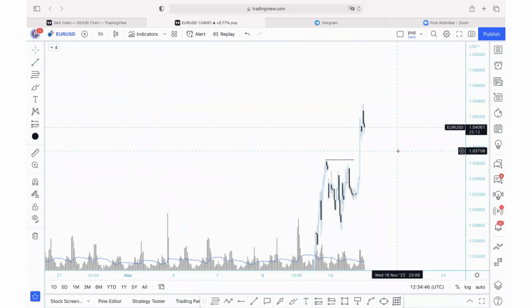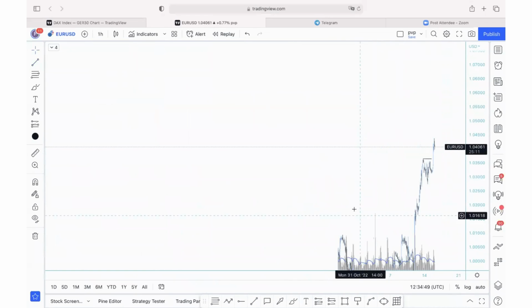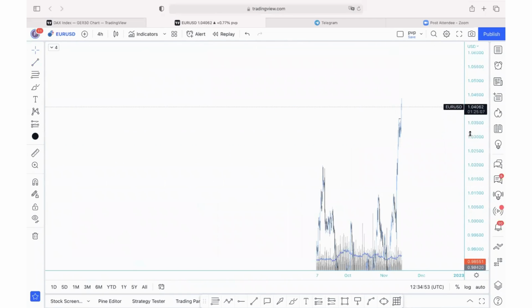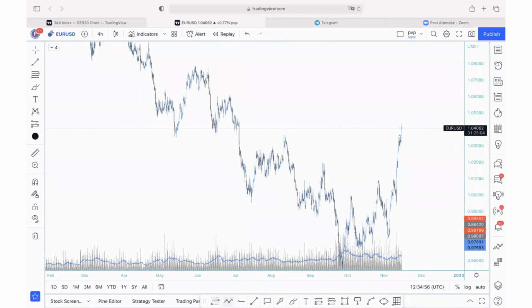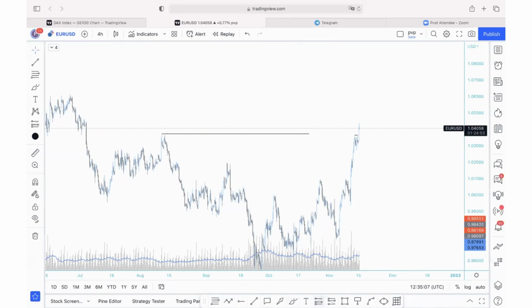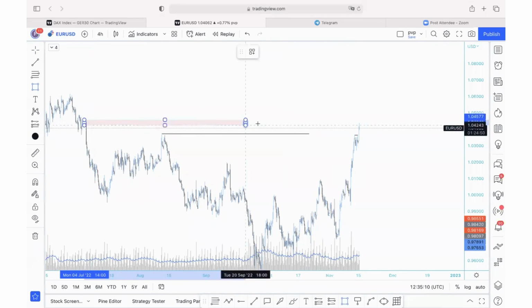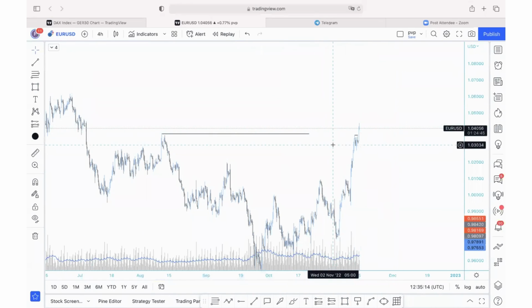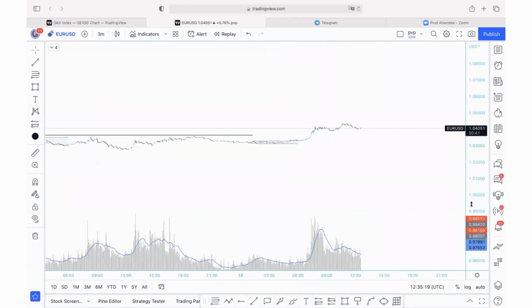Let's go to the 1 hour and see what is going on. Zooming out, I don't really see anything. 4 hours. On the 4 hours, we went above this previous high, which is very important for liquidity purposes. And now we reached this supply. Now, this supply is not that important because I'm more focused on lower time frames, but we can just use it as confluence. I will not really keep it on my chart. And then we go to lower time frames to see what's happening.